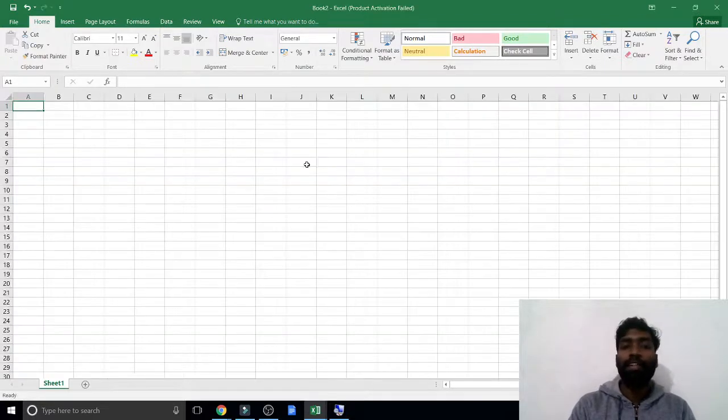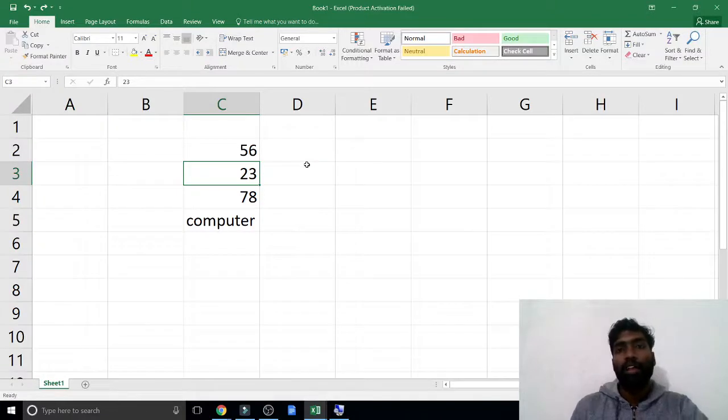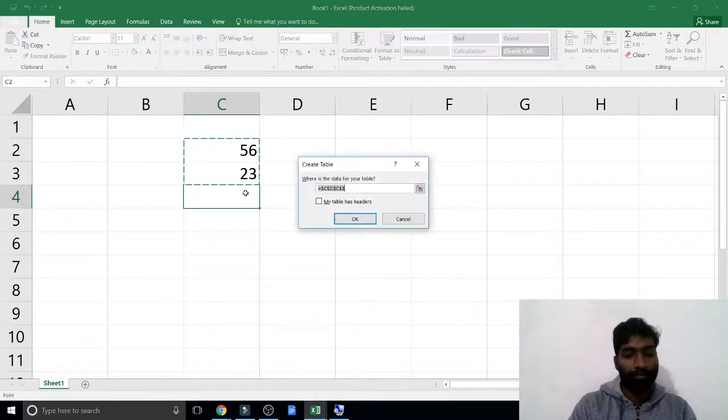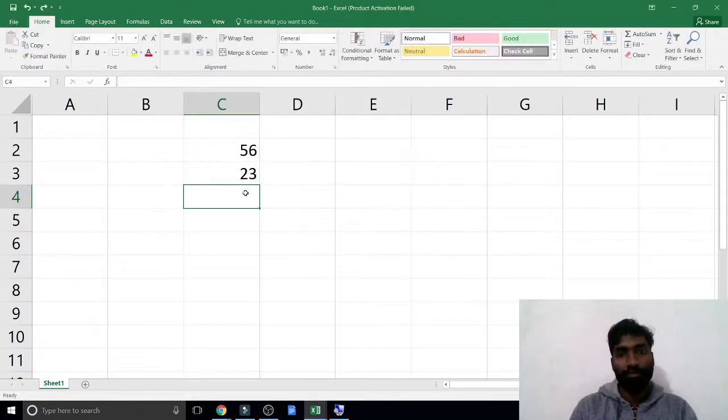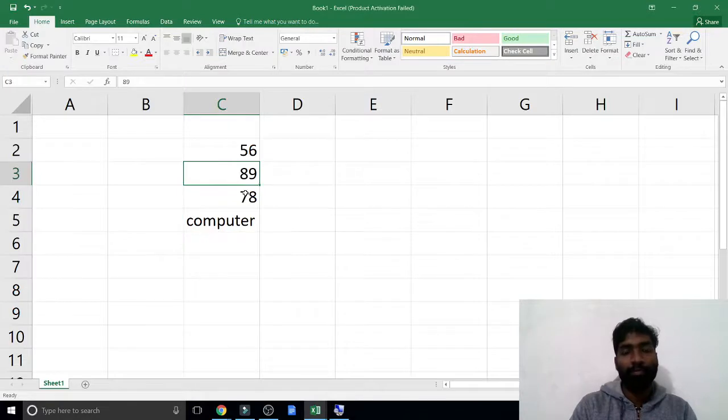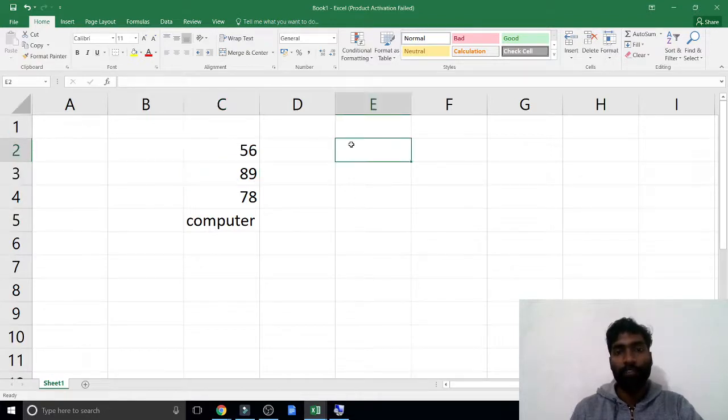Again if I press Control Y, nothing happens, because after 89 we didn't do any editing work. This is called undo and redo.